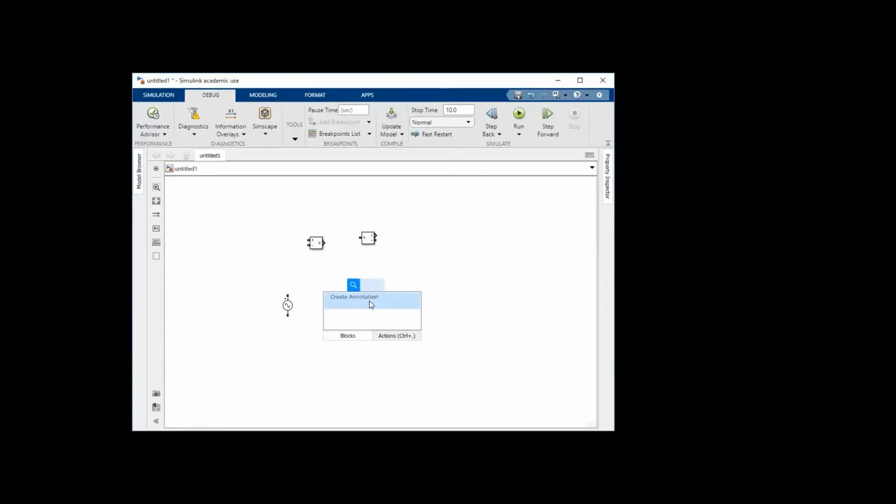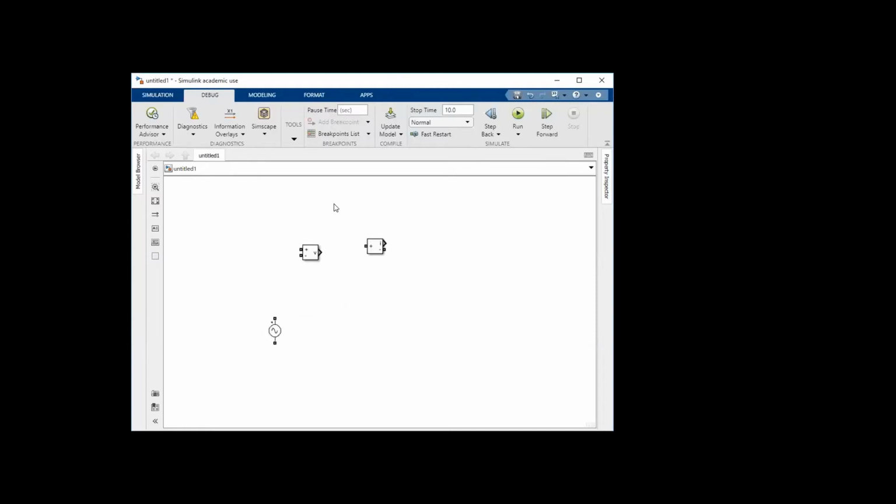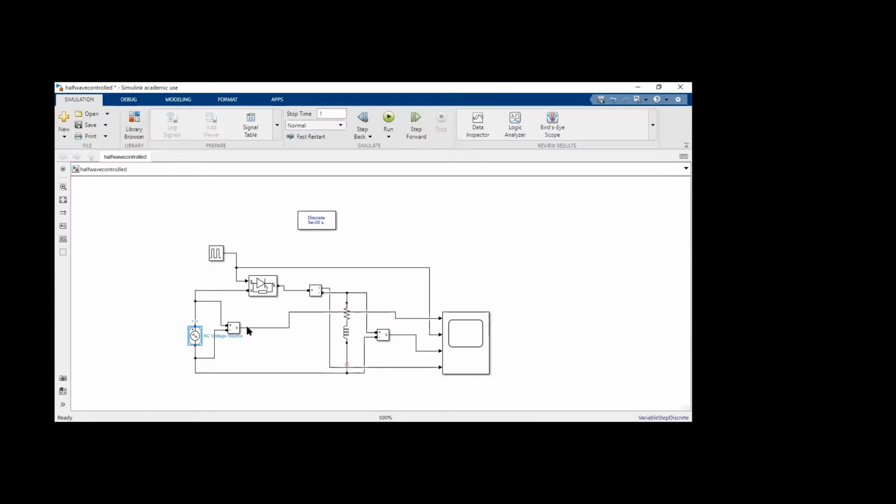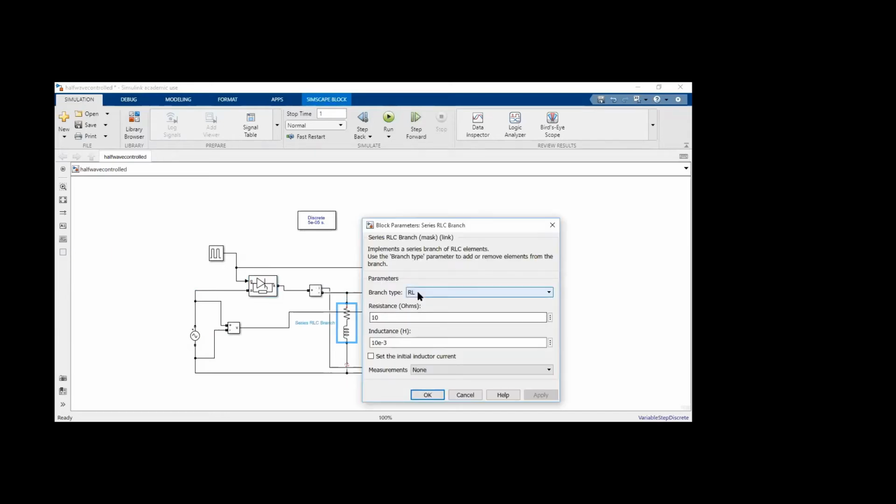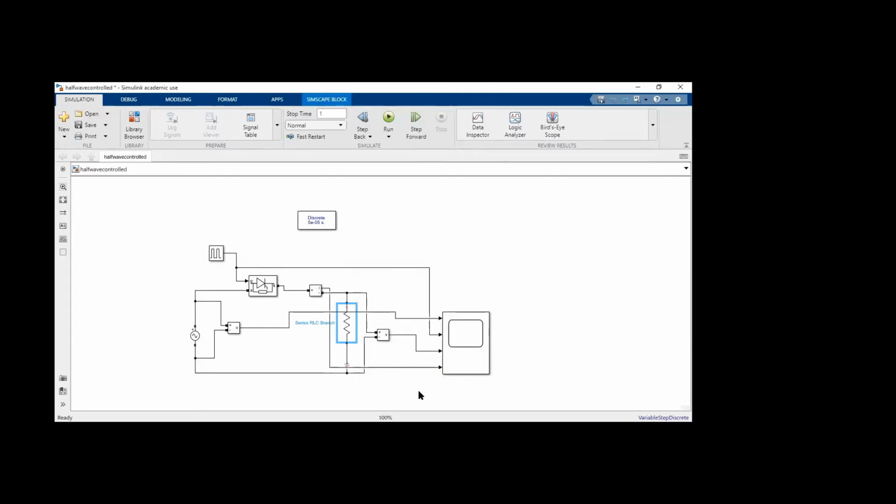Suppose if you click here, now here, I want a diode. If I click the diode, the diode is open. Either this one I will consider, or from the Simulink library, I will take the diode. See, first there is a voltage source. Then after that, thyristor controlled I have taken. Then after that, RL load I have taken. R is 10, only resistive load I will take. Across this one, I have considered the input voltage source.